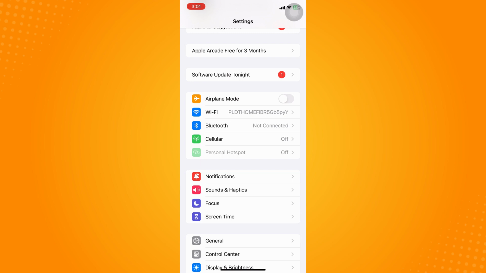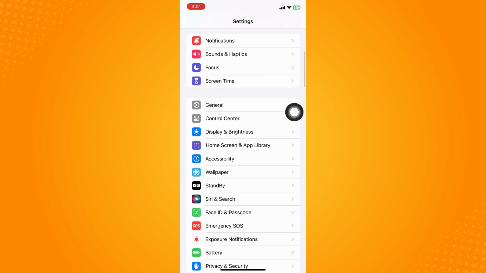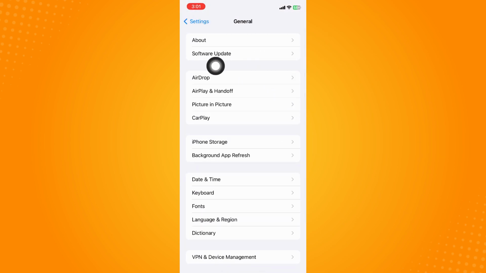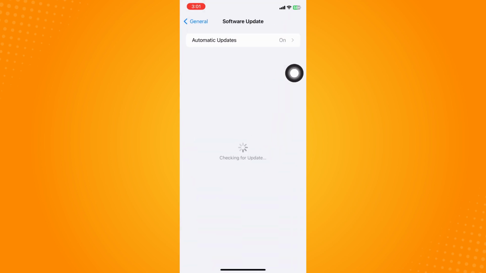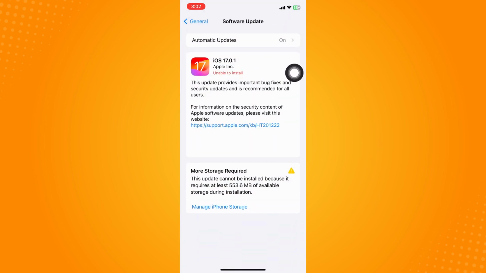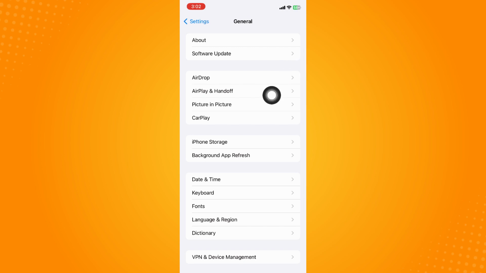So all you have to do is go to General, click on General, and here you will see Software Update. Tap on that, and here you will see that you have to update your application. Now, if your phone is already updated to iOS 17, then what you can do to change your notification bar in iOS 17